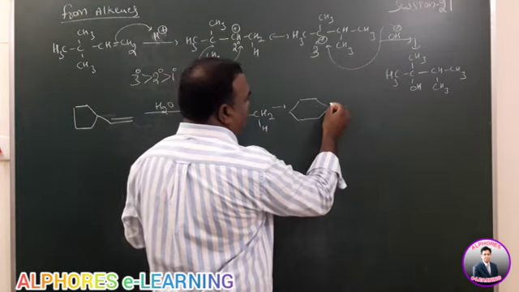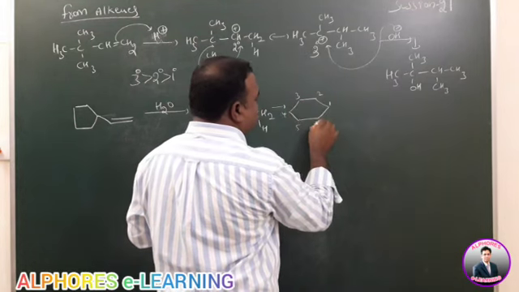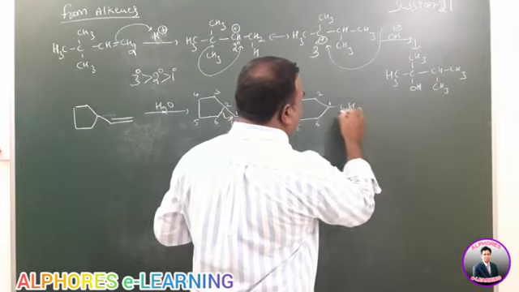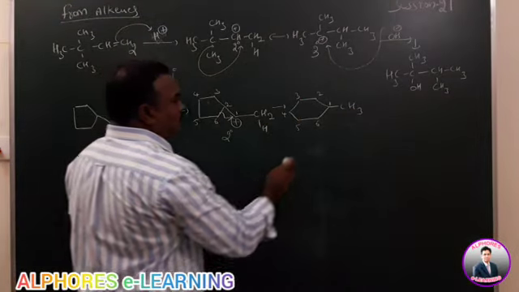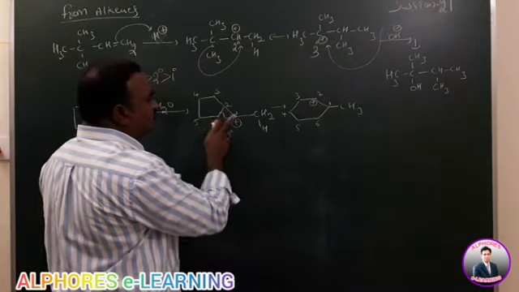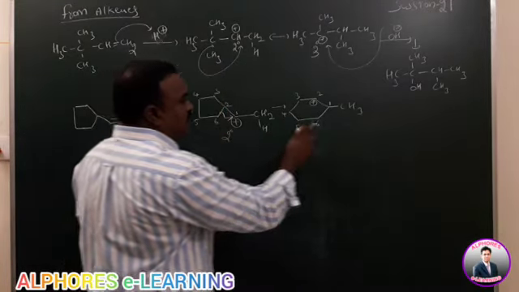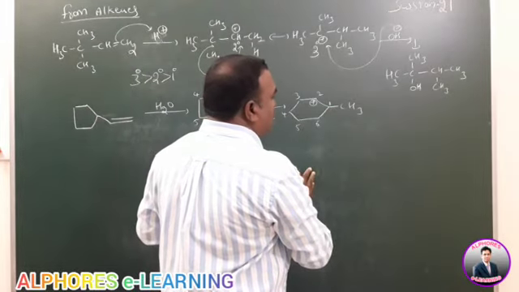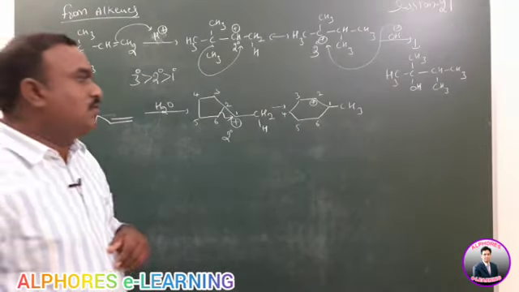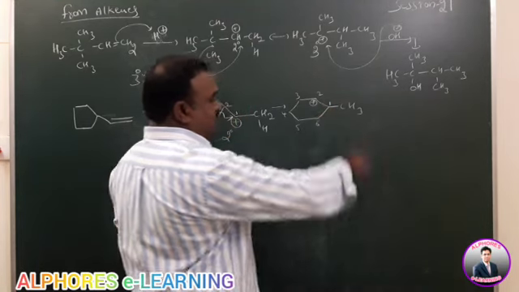In the 6-member ring, first we'll give numbering 1, 2, 3, 4, 5, 6. The first carbon again has a methyl. Which carbon is going to gain the positive charge? The second carbon, because it is going to lose the electrons. A new sigma bond is formed between the first carbon and the sixth carbon. But the formed carbocation is a secondary carbocation. Again we have to write the rearrangement because the adjacent carbon has tertiary nature.